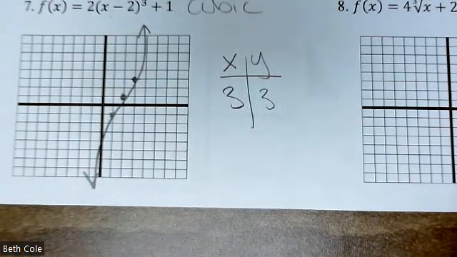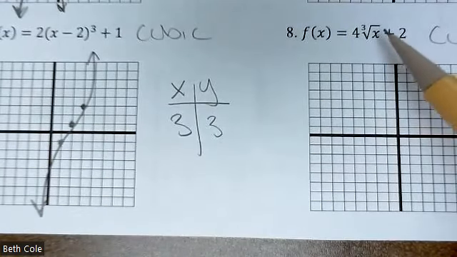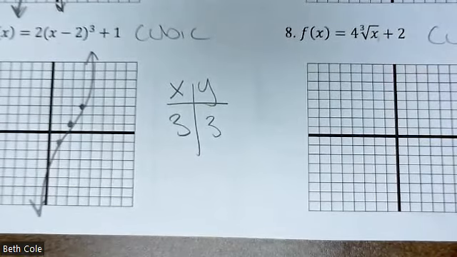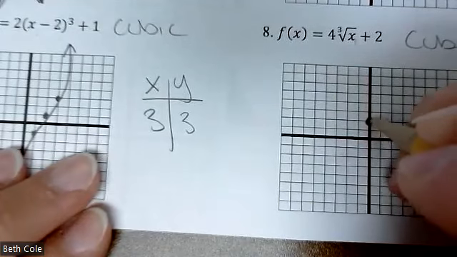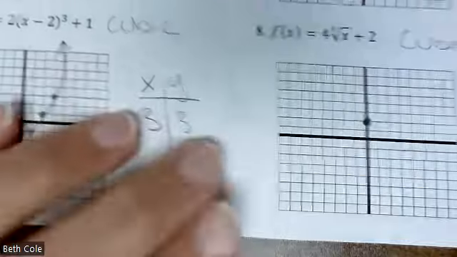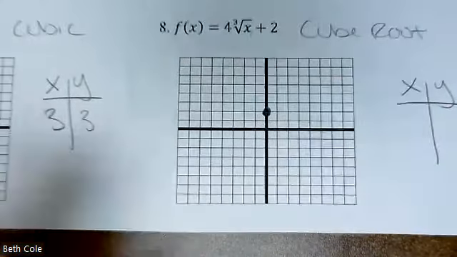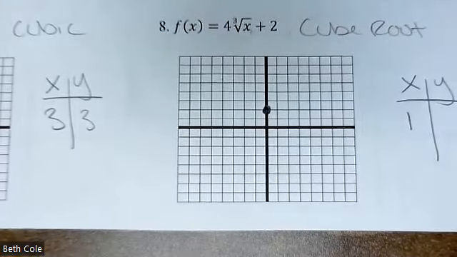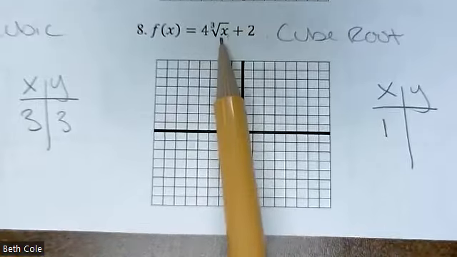And then we're going to do the same thing with this one, except it's going to be sideways. So this one didn't go left or right at all. It just went up 2. So you can have a point at 0, 2. And then let's try and plug in something else. 1 is a great choice. Keep it simple. So if you plug in 1, cube root of 1